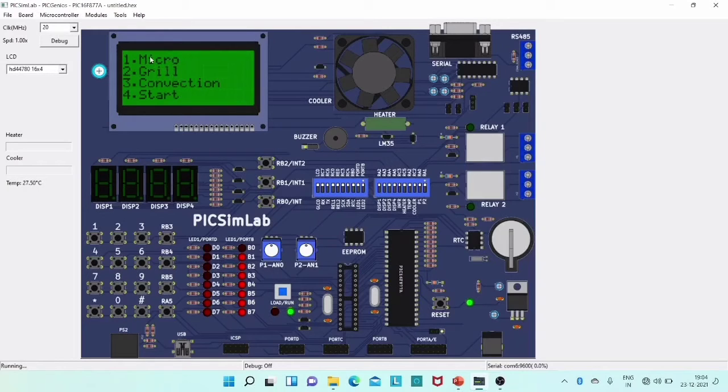When I need micro, I need to click on tactile switch 1. For grill, I need to click on tactile switch 2, for the convection mode I need to click on tactile switch 3, and for the start mode I need to click on tactile switch 4. When I click 1 for micro mode, it asks the user to enter the time to cook food.